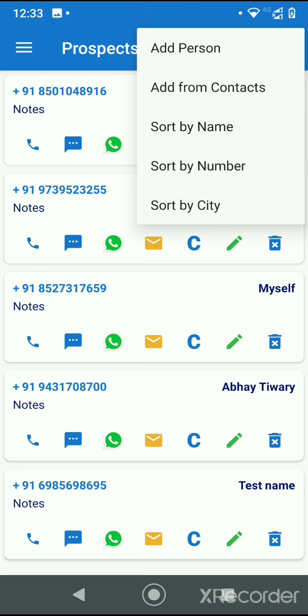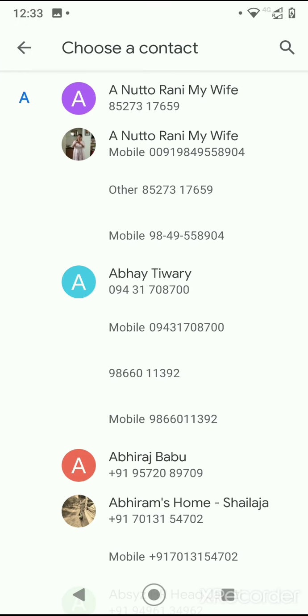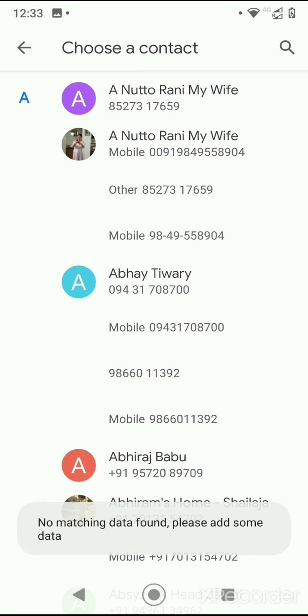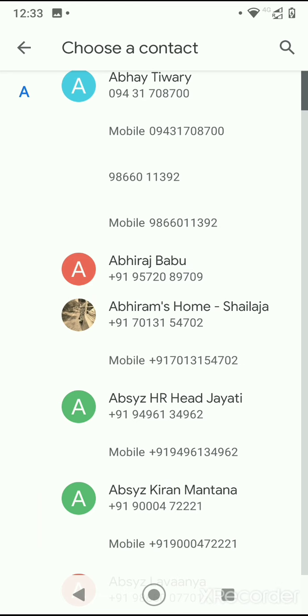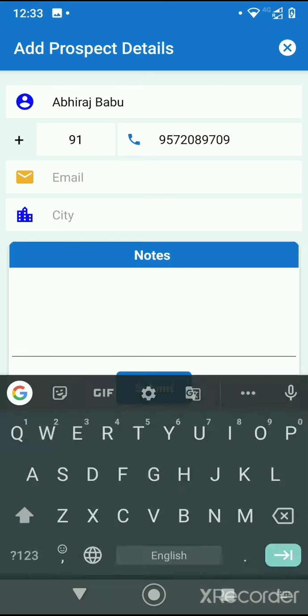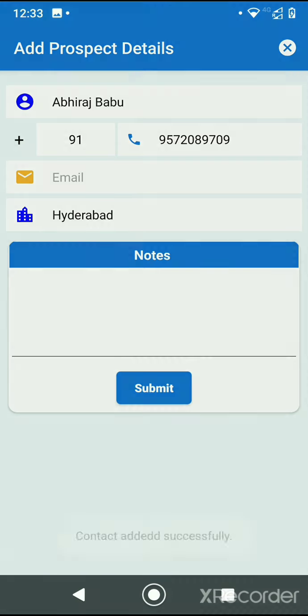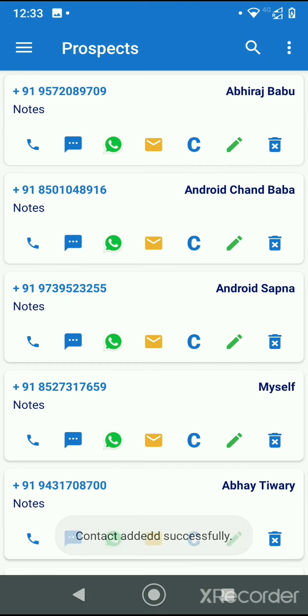If I click on add from contacts, it shows me the device contacts list here. Let's say I select a contact here. For example, I selected this contact. I got this contact here, and then I have to enter the city, for example Hyderabad, and then I submit it. When I submit, this contact got added here. That is the purpose here.